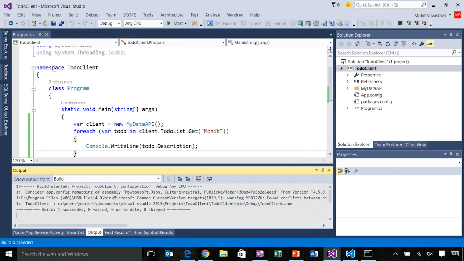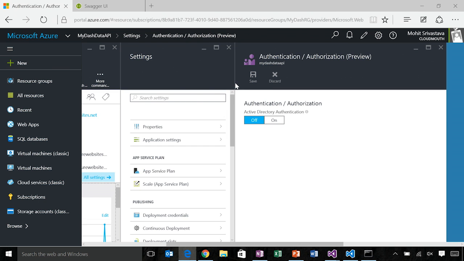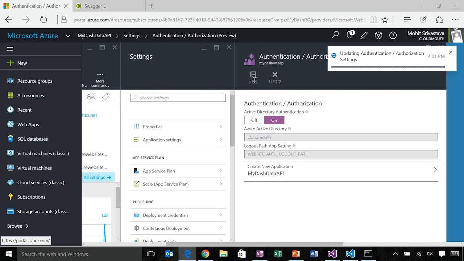But because my API is hosted in App Service, I also have the option to use the built-in auth feature. So if I navigate to the Azure portal, you'll see that every App Service app, whether it be API, web, or mobile, has this authentication and authorization feature. So I'm going to go ahead and turn it on, and it automatically figures out which tenant I'm in, as well as it comes up with the default name for the application in AD. In this case, it names it the same as my web app. I can go ahead and click Save,